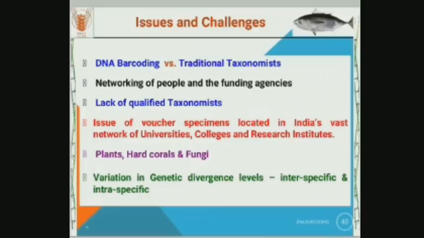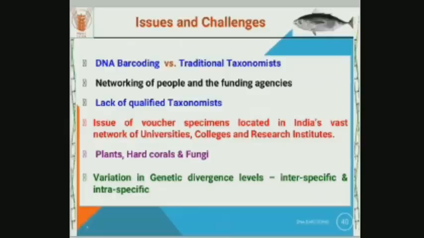Here, when it comes to issues and challenges of DNA barcoding, researchers always tend to think DNA barcoding is a substitute for traditional taxonomy. But actually, we should start with traditional morphological parameters, and only when there is an ambiguous scenario can we go for a molecular tool like DNA barcoding to support traditional taxonomy. Again, networking of people is needed, because a particular group of people in a particular institute cannot complete the DNA barcoding of the entire species in that group. We have to have a network for completing the task.